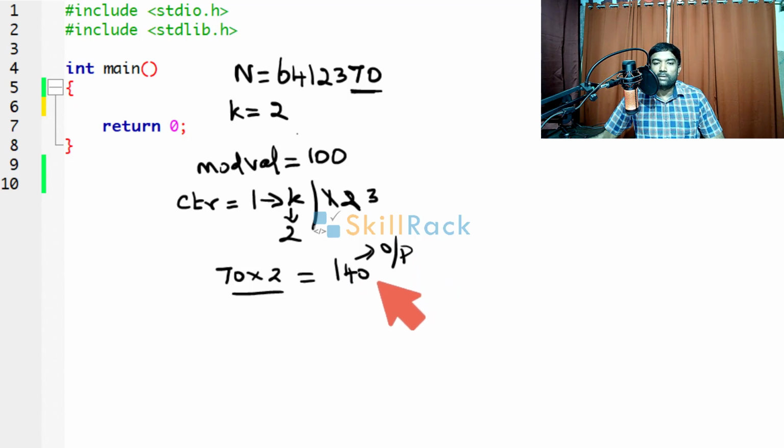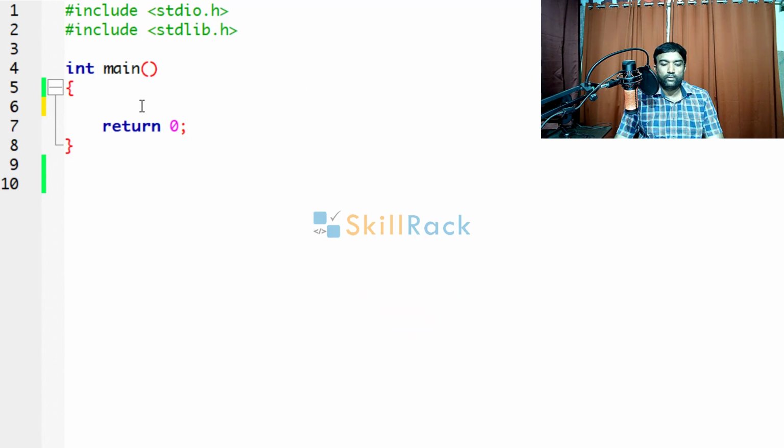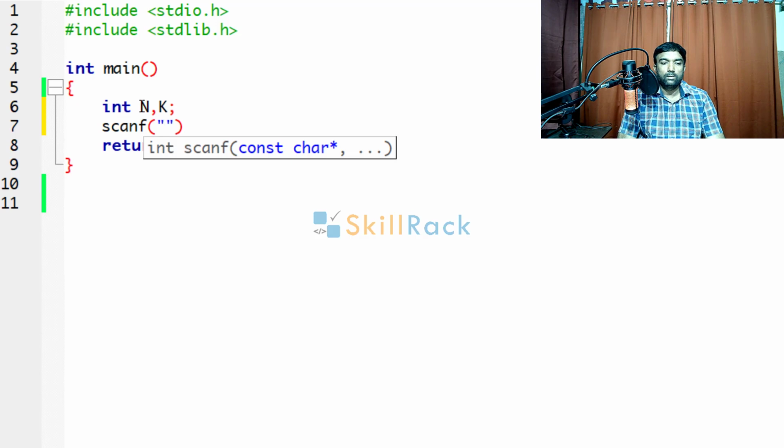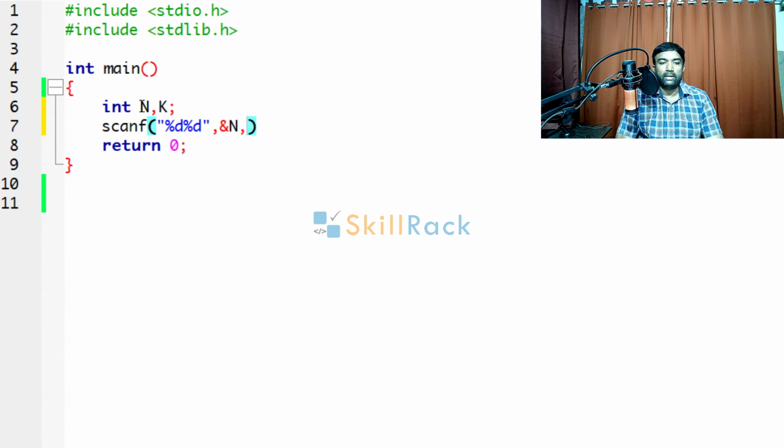So now let us solve this program in C. First we will accept the value of n and k. Because there are two integer values, we are giving 2 %d, and we have accepted n and we have accepted k also. Now we have to initialize mod val to 1.